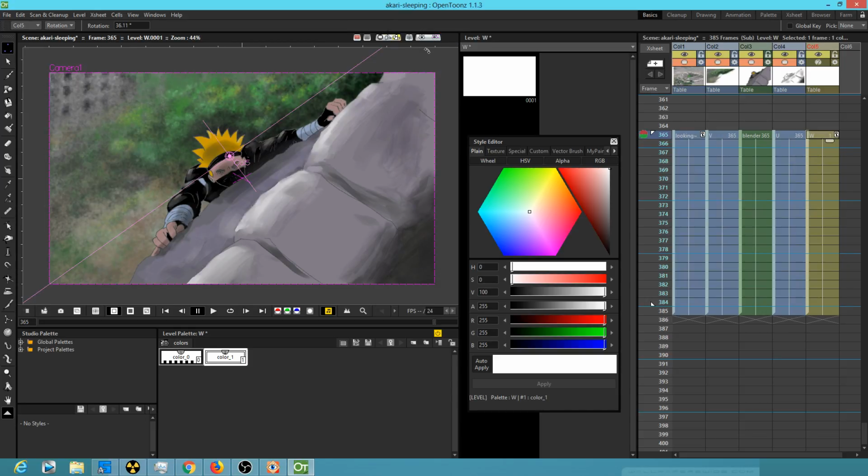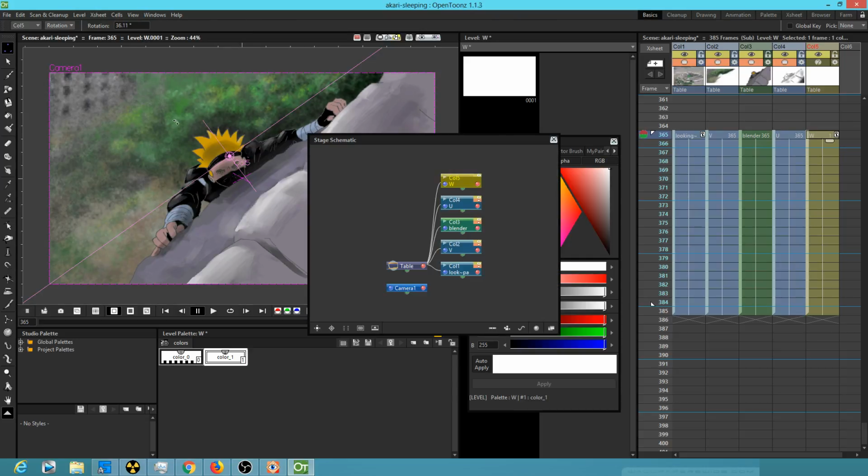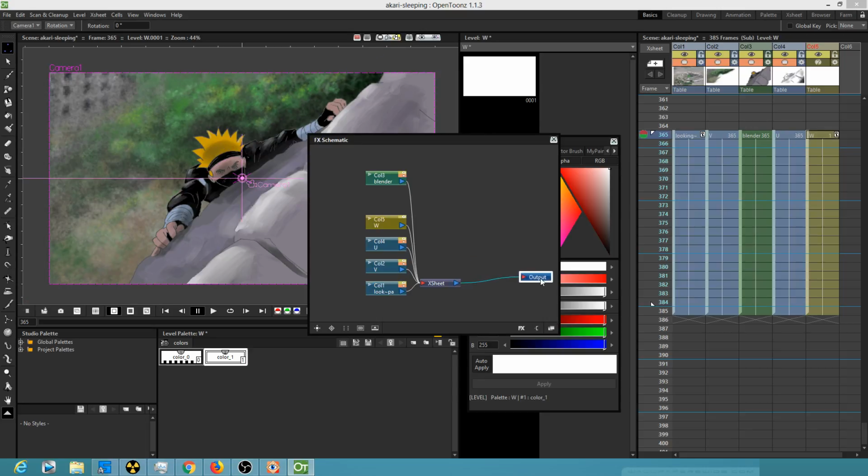Alright, and then I'm going to go into the schematic and I'm going to add a blur and a blend. So here we go. There's the X sheet. And what do we call this? Let's call it glow, for lack of a better term. Okay, and there it is. And the main action